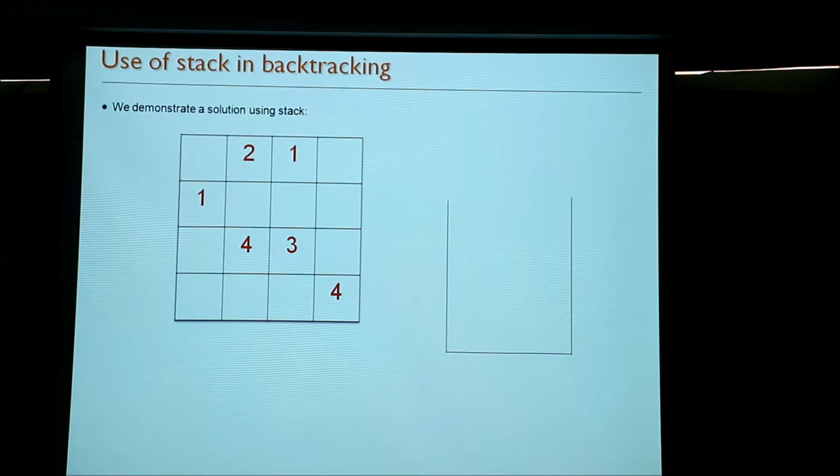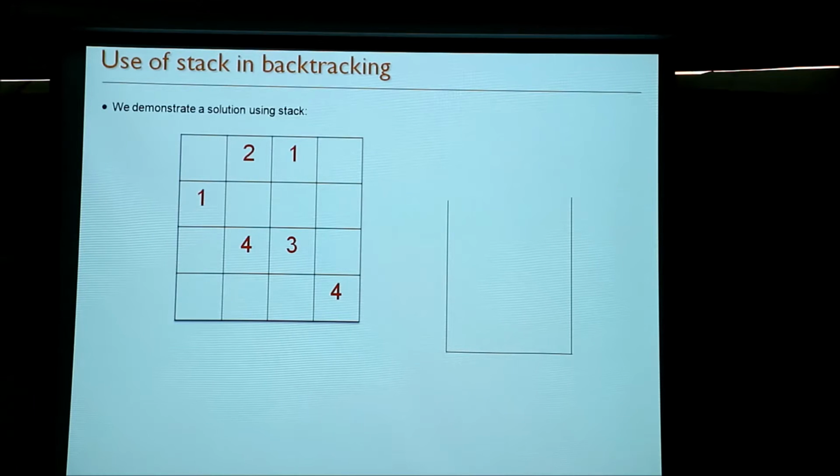These are the values already there in the initial configuration. The rule is that every column, every row and every subblock can have each number at most once, just like the original problem.